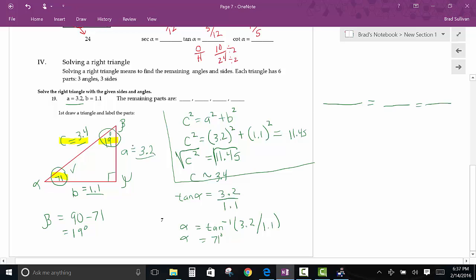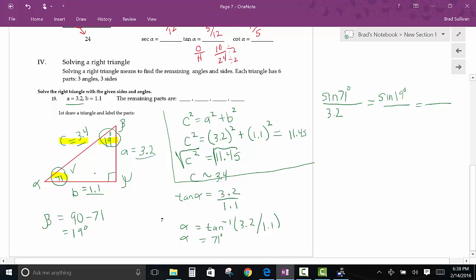So if I picked an angle, like 71, and did the sine of 71, and then divided that by the side opposite, which is 3.2, and then picked another angle, like 19 degrees, and did the sine of 19 degrees,